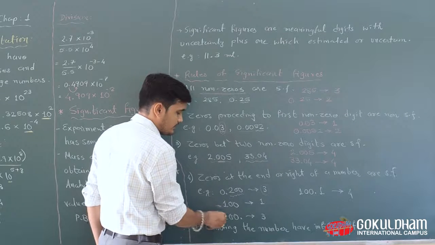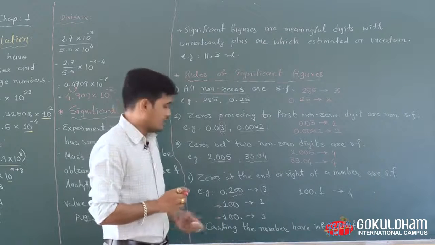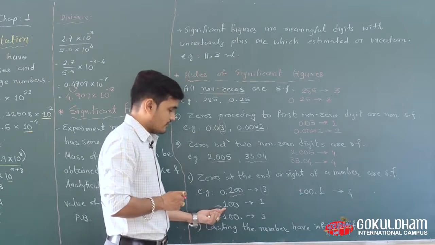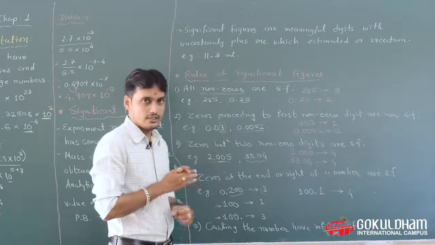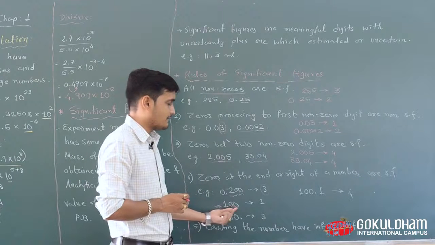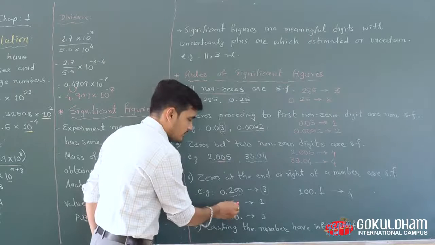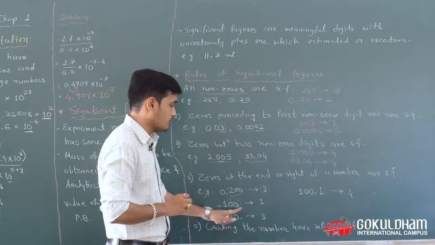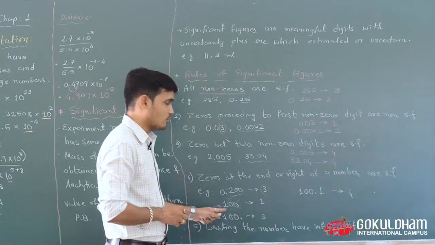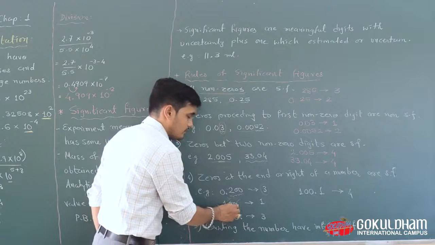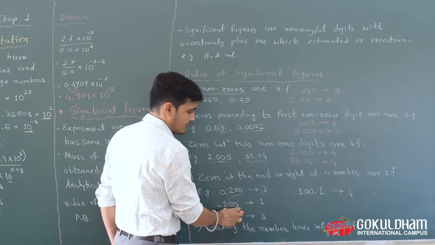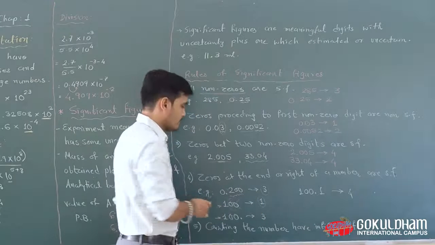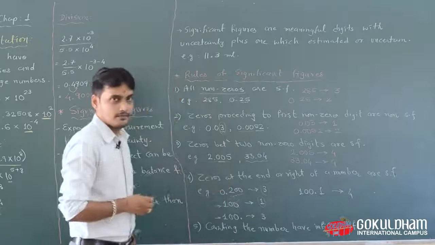Now these two cases are very different. Both cases depend on the decimal point rule. Our first value is 100. There is no decimal point before the 1 or after the 0. So these zeros will not be considered as significant figures. When there is no decimal point, at that time this rule will be applicable. 100, you see over here that 100 has 3 digits, but the significant figure considered is 1 only. These zeros will not be considered as SF.